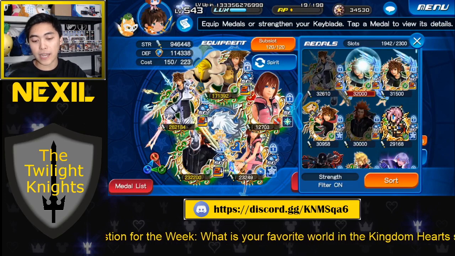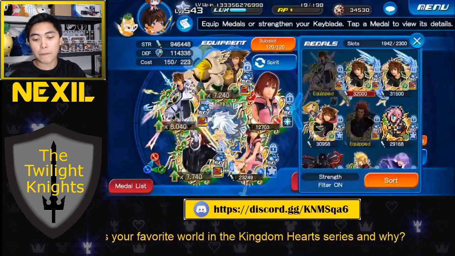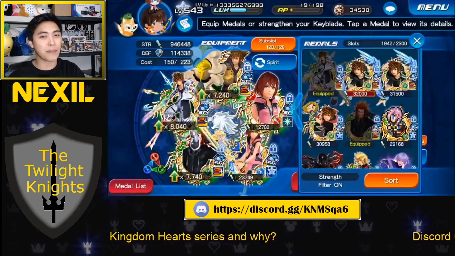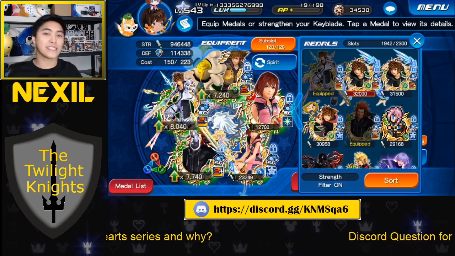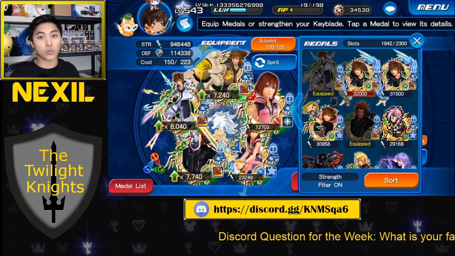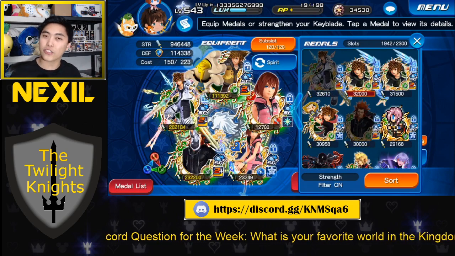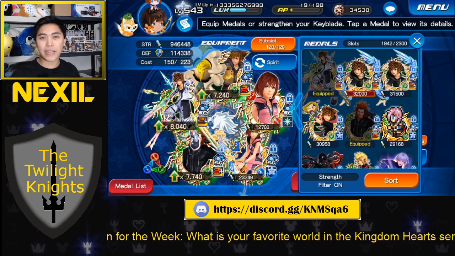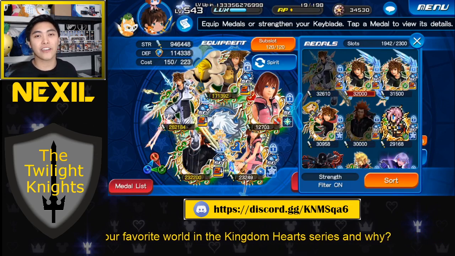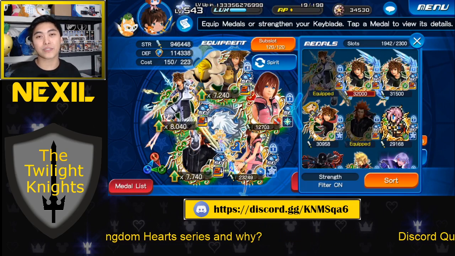Blitzform Sora does not have the ability to increase medal strength. Ultimate Form Sora does, but he is still tier 9. Granted, Ultimate Form Sora is still a fantastic medal, but the point is that they're not dealing as much damage. They don't have as much of a boost as something like Gula gives. So while I just kind of said the medals aren't super meta right now, they're not the best that's out, they're still really good. There's no doubt that anyone who pulls from this is going to make good use of the